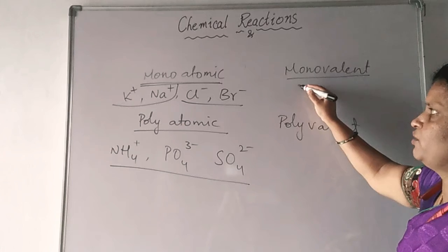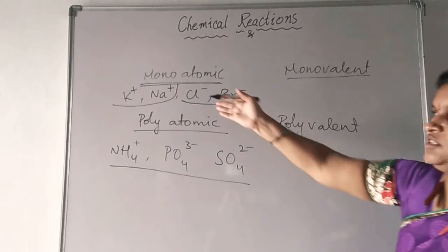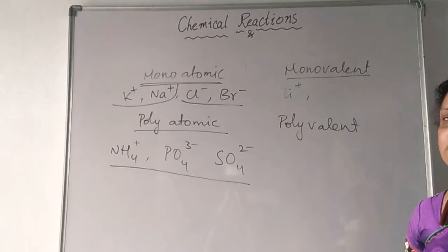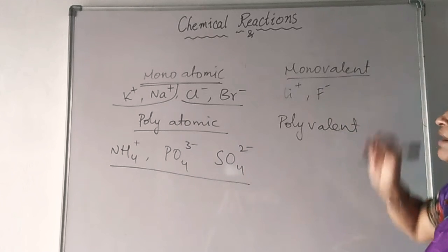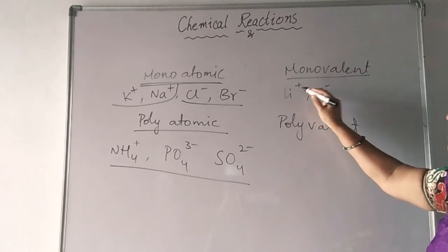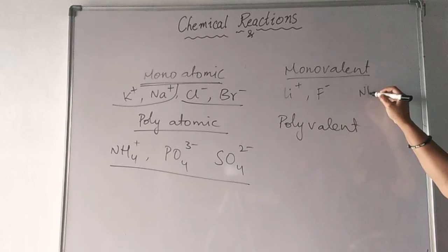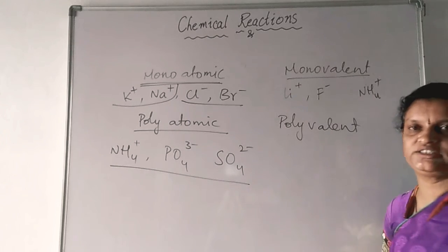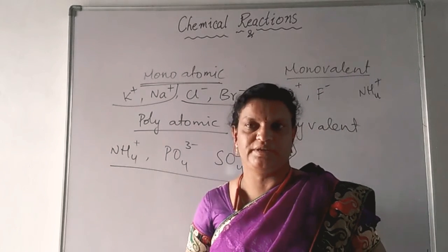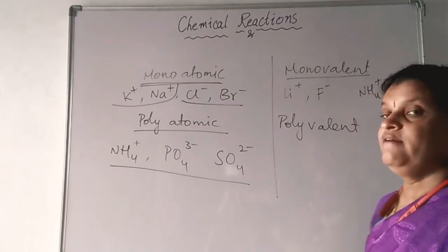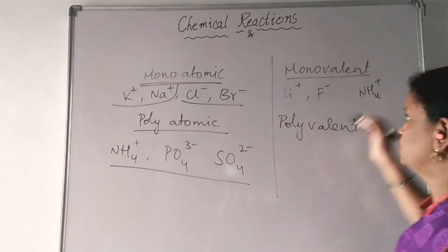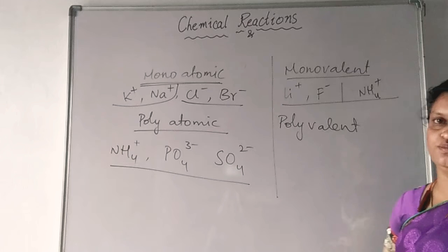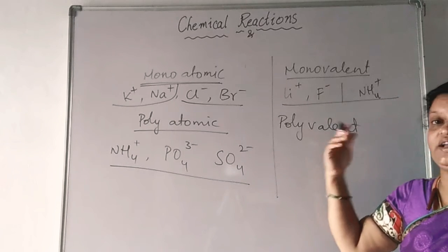Now see monovalent ions. Monovalent means they carry only one charge, +1 or -1. The same we can write under this, or also something else: Li+, lithium, next fluoride F-. All these contain only one charge. I can even write NH4+ also. Why am I writing like this? I said monovalent, only one charge is there. I did not say atom-wise. This classification is based on valency. What is the valency here? The valency is +1. So under monovalent ions we can write the ammonium ion also. But we can't write the phosphate ion because it carries -3.